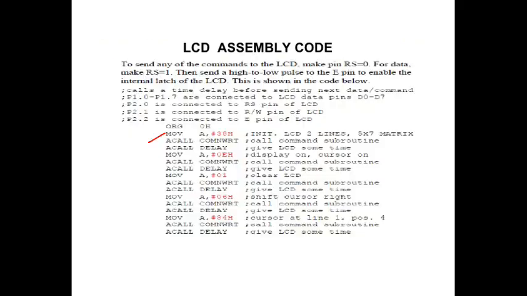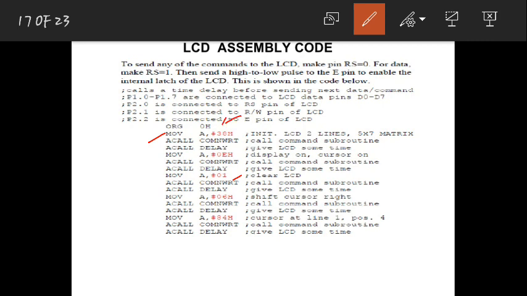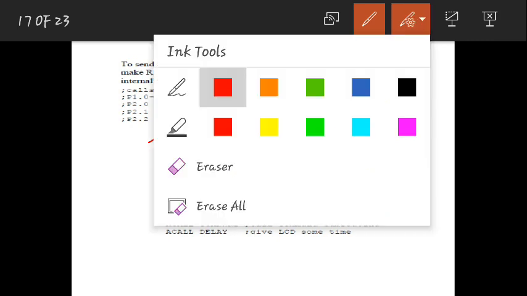In case this is not matching with the commands he has written, this one is to initialize the LCD, this one is to turn on the display and cursor. So write these commands: 38 means this, 0E means this command, 01 means this command. Whatever commands are written in red color, write all of them and keep them. If you don't want to use those numbers, you can give your own numbers to the commands, but you should insert only those numbers for that command in your program.